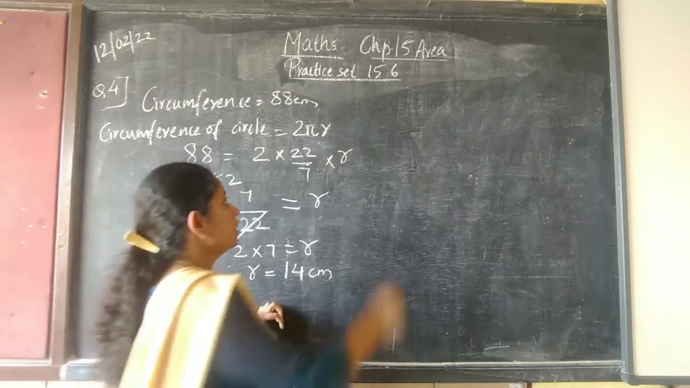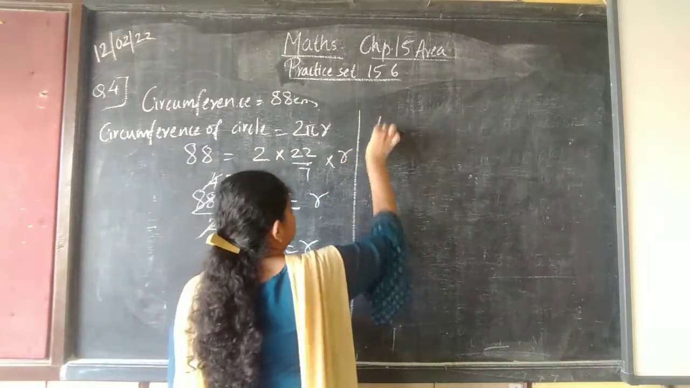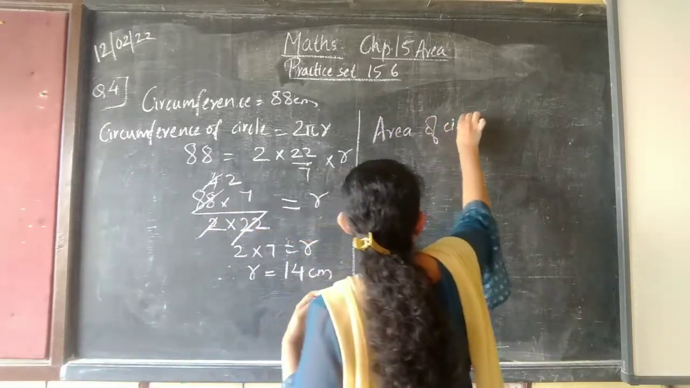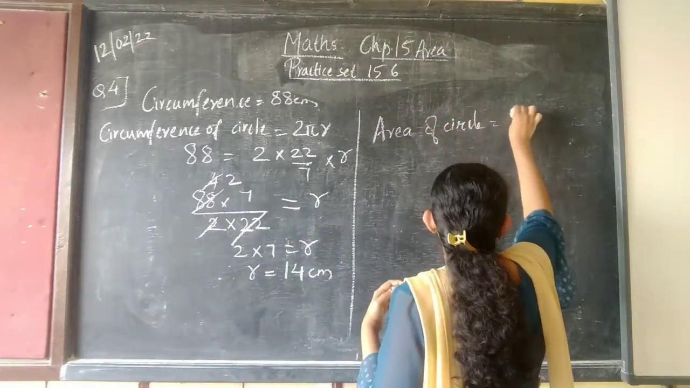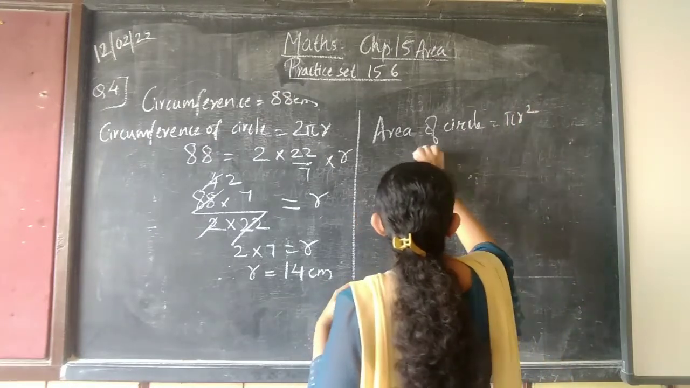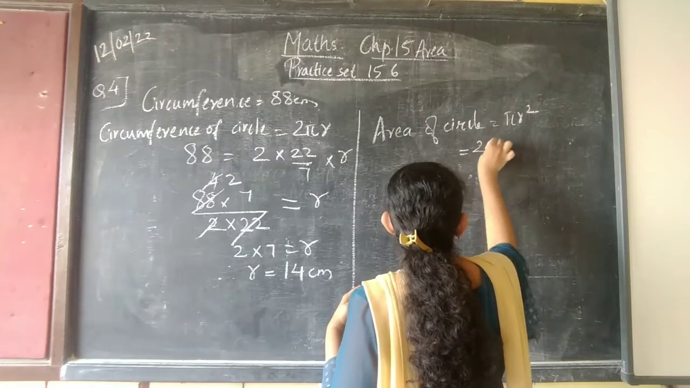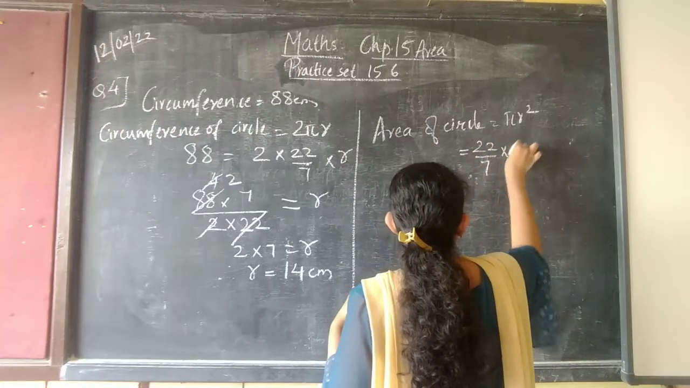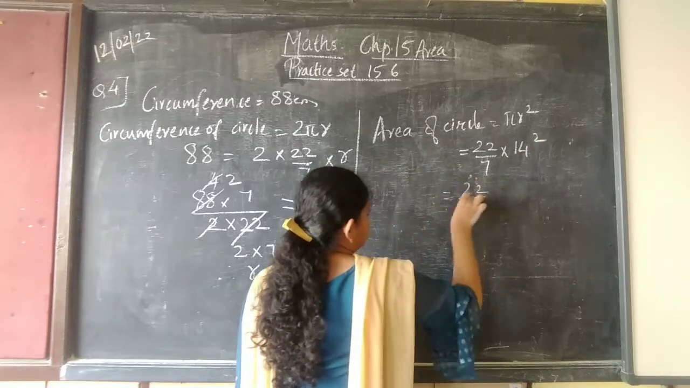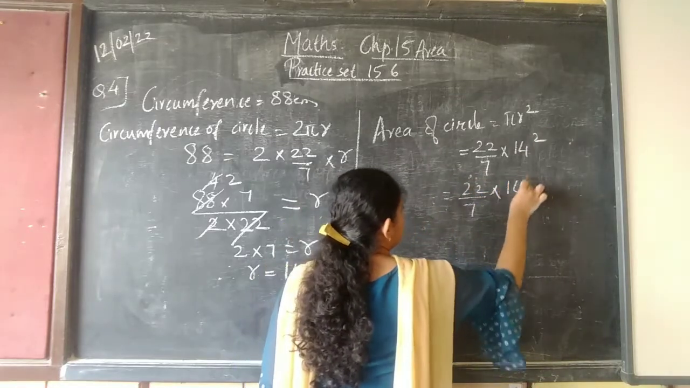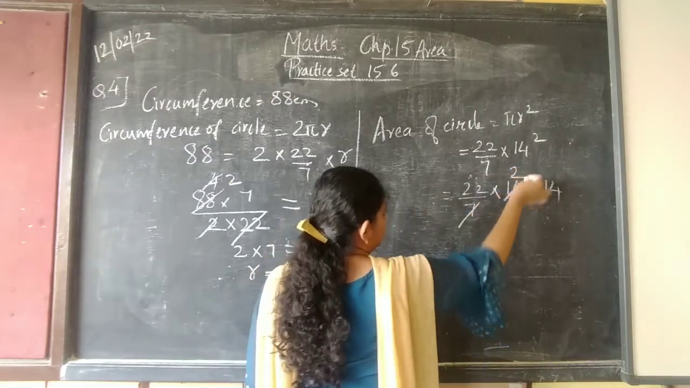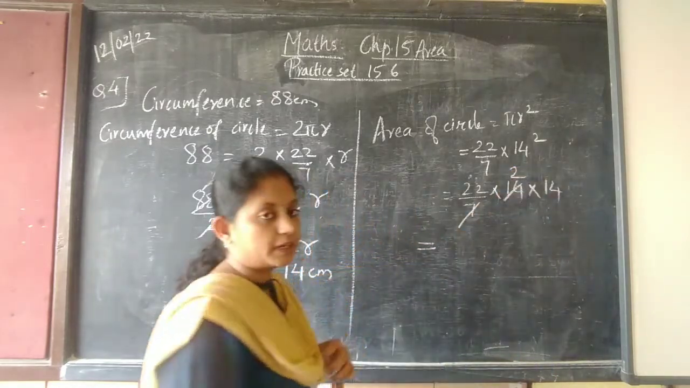It is easy. Area of circle formula is nothing but pi r square. Is equal to pi, 22 upon 7 into 14 square. That is nothing but 22 upon 7 into 14 into 14. 7 2s are 14. Correct? 22 2s are